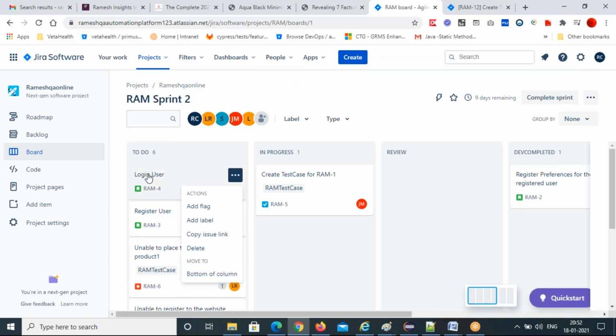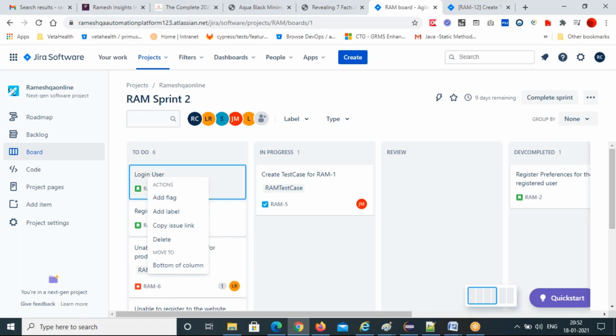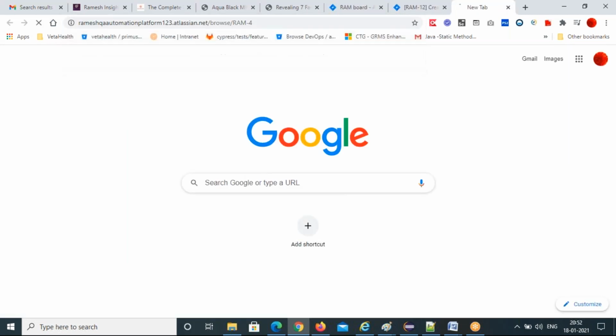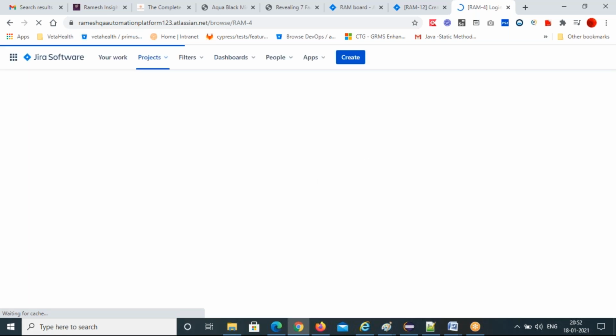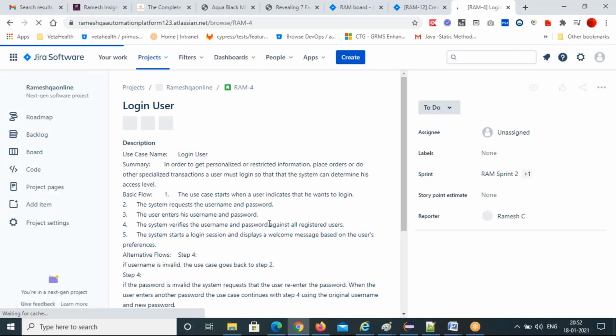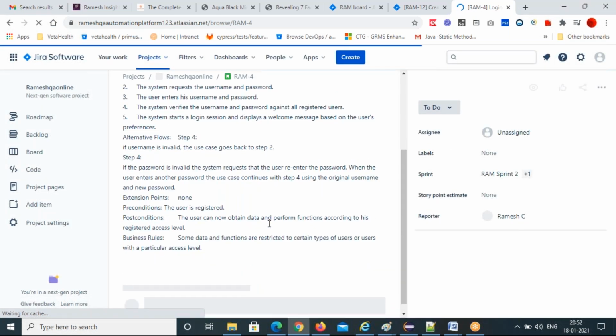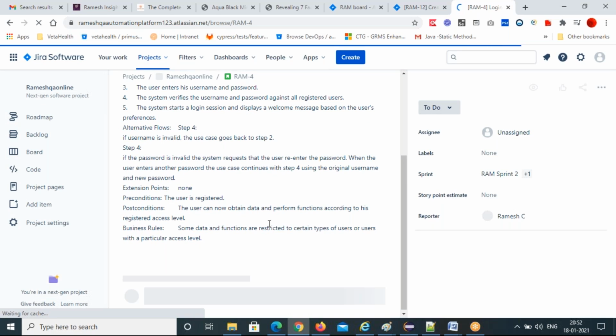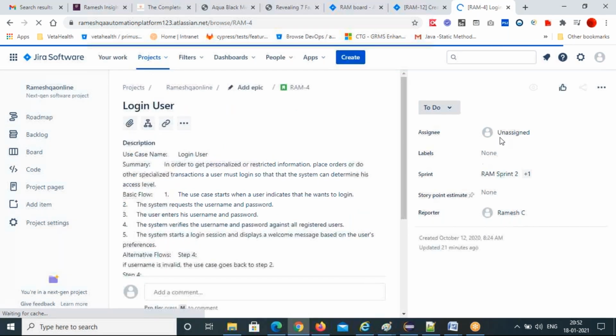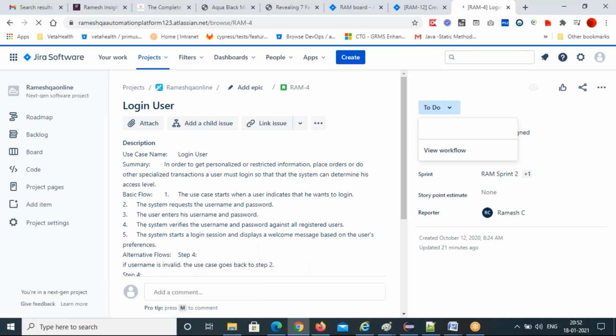I can open this, copy issue link. I'll go to new. I'll assign to some developer. So all the test cases, right? These are the requirements. You need to read these requirements. You need to write test cases. So that is your job.